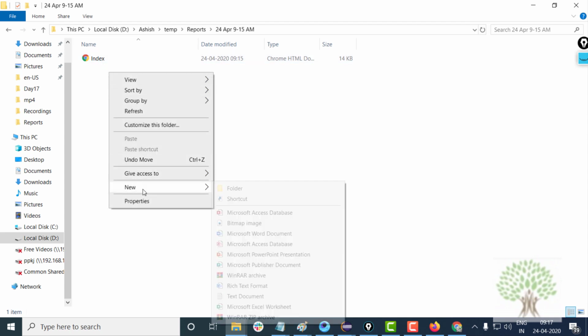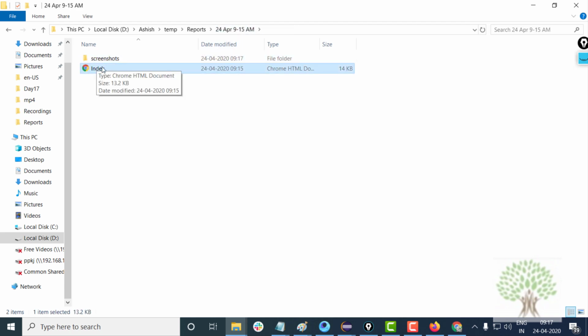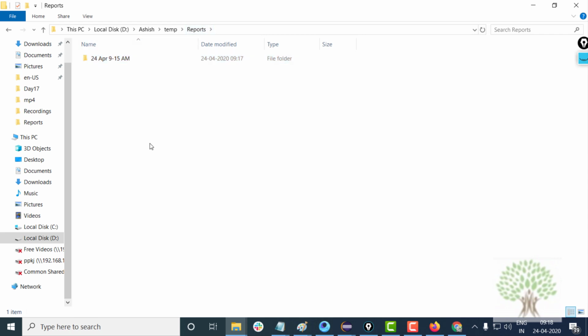And we will also make a folder known as screenshots, with which we can store screenshots inside this folder, and we can embed the screenshots in this report as well. Okay, so in the screenshots folder we'll have the screenshots, and the screenshots can also be embedded inside the reports. We are going to see that now. Alright, so how do we generate this folder and all?